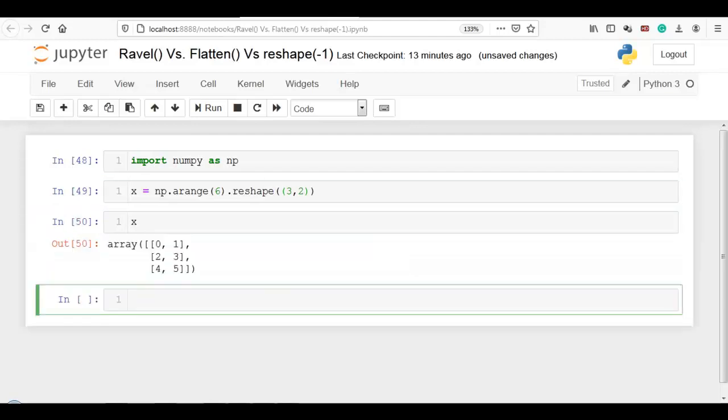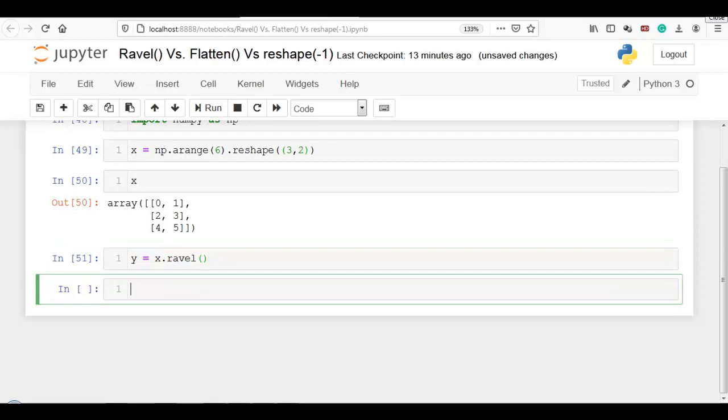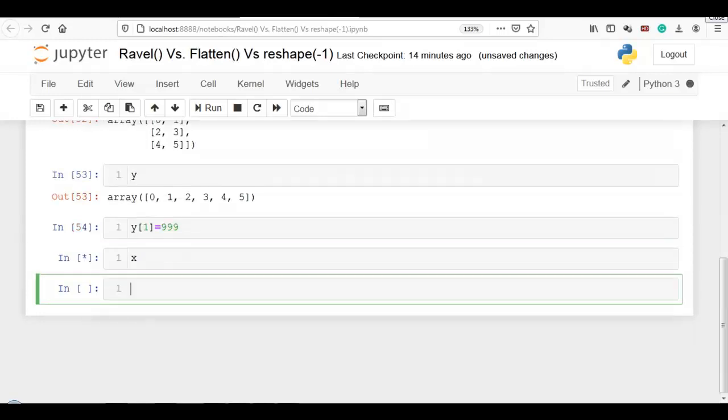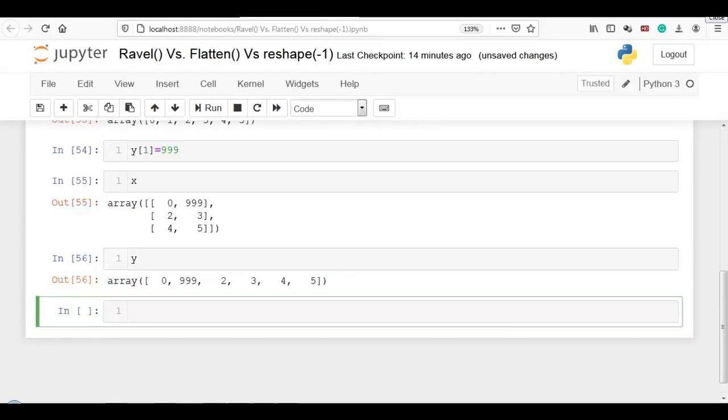Now you can see. Now let me use y is equal to x.ravel. Now you can see the content of x and y. Now let me change the content of y at index number 1 to 999.